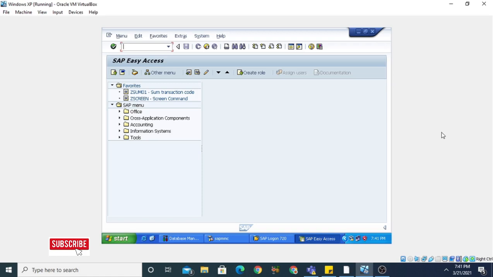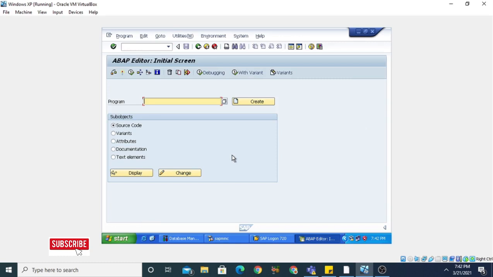You will also learn how we can create the data objects, how we can declare the data objects, and how we can use the data types. So let us start with the basic program, and in this basic program you will learn the creation of the data objects, also using the clear statement. So first of all, go to SE38.